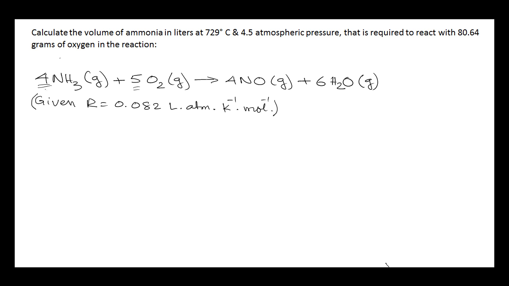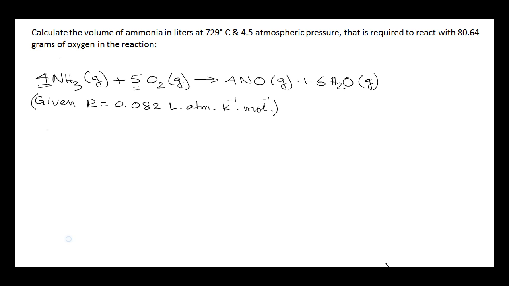4 molecules of ammonia in the gas phase react with 5 molecules of oxygen, also in the gas phase, to produce 4 molecules of nitric oxide in the gas phase and 6 molecules of water, also in the gas phase. And it is given that R, which is the molar gas constant, is equal to 0.082 liter atmosphere per Kelvin per mole. So as you can realize, we have to use the molar gas constant, and we